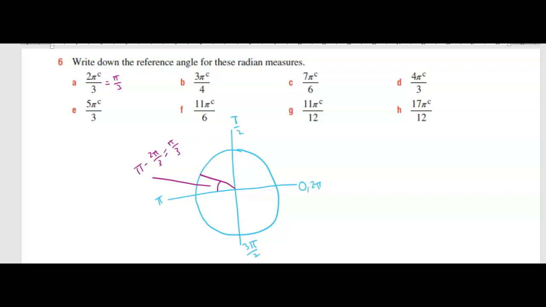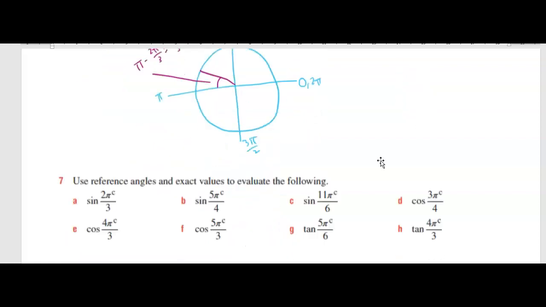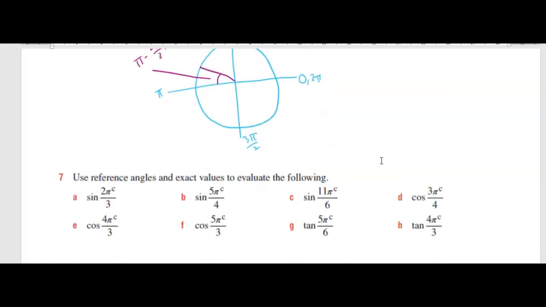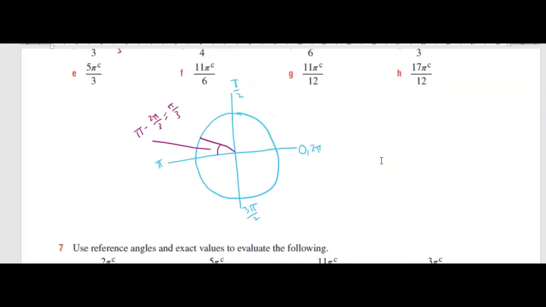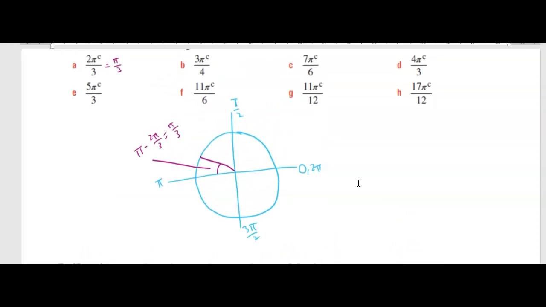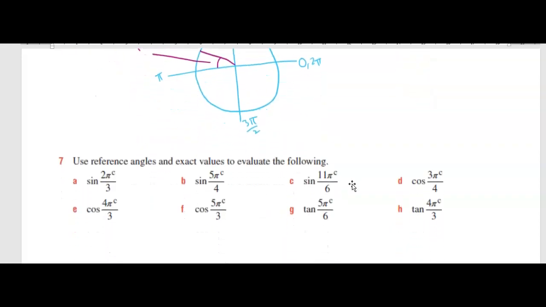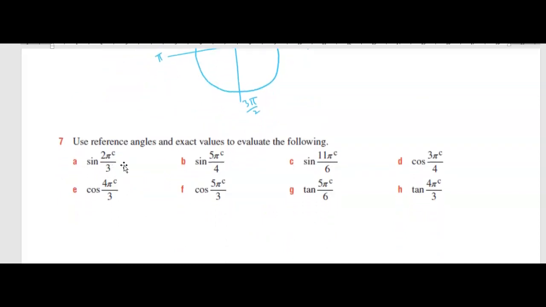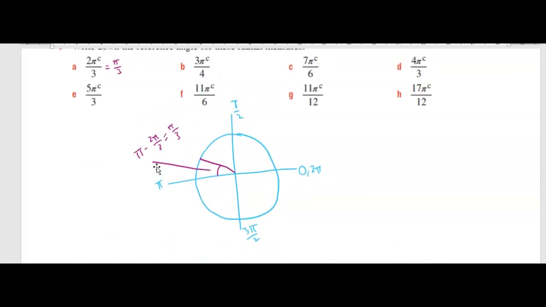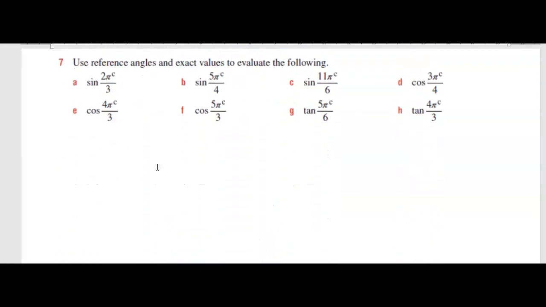But if you look at question 7, which I don't think, oh yeah, I have put it down. So question 7, we're actually then going to find those values. So let's actually do the first one because we're using pi on 3. So sine 2 pi on 3, we're going to use the reference angle of pi on 3. So I'm going to just write that down here. So sine,